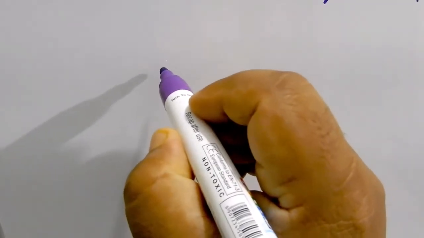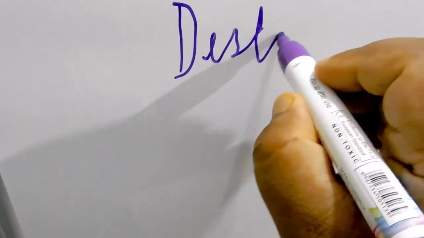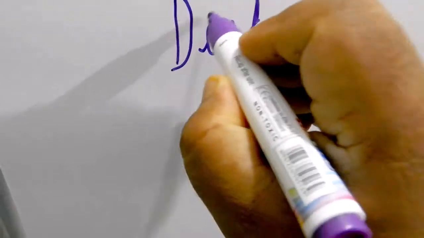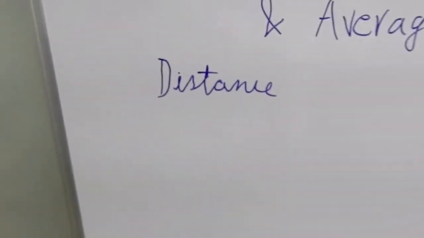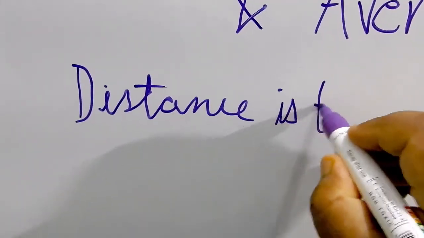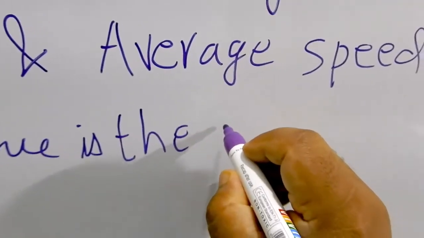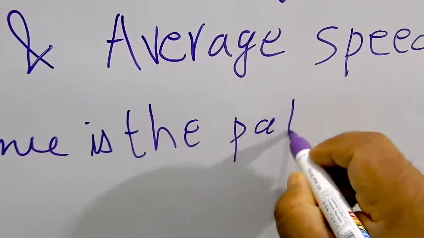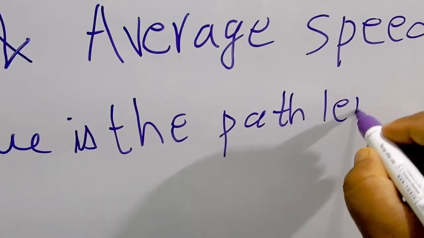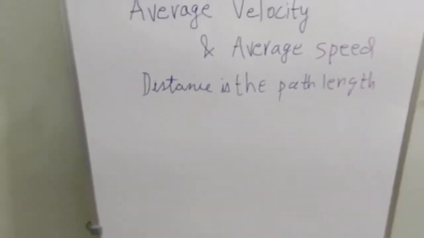As we remember, the distance is the length of the path covered, or the path length. Distance is the path length, while